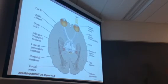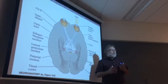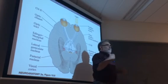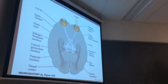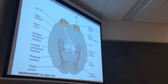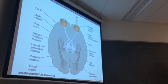So what's going on? What's happening here? Signal's coming in. So now I'm standing in front of this bright light. What do my eyes have to do when I'm standing here versus over here to accommodate the bright light? What? They have to constrict. My pupils are going to constrict. And the question is, how can that happen when my eye